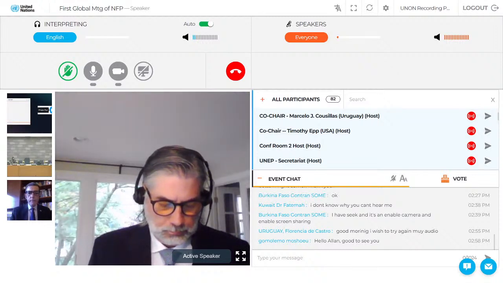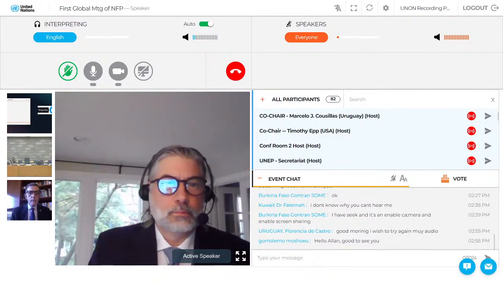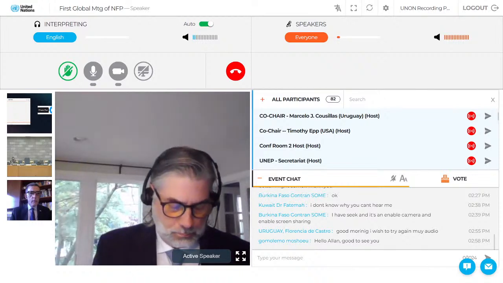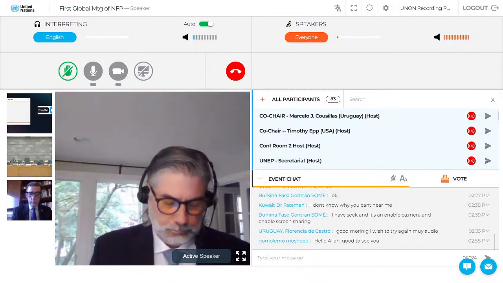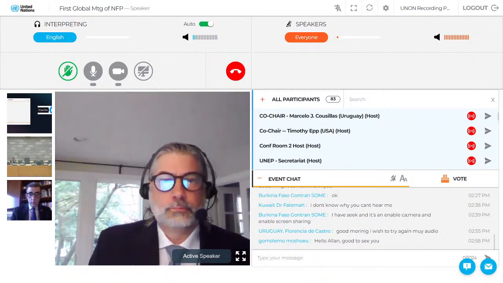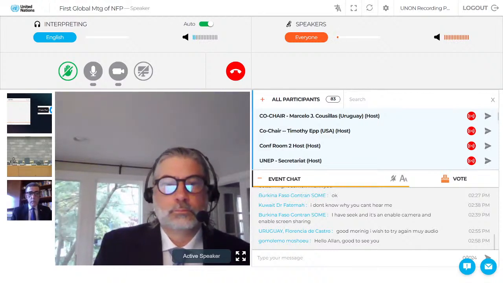The chat window allows you to communicate with all the other meeting participants and support staff. A private chat option is also available. Use this function when requesting technical support or to talk privately to other delegates. To start a private chat, click on the arrow icon next to a participant's name, type your message, and press send. To raise a point of order, please write in the event chat.